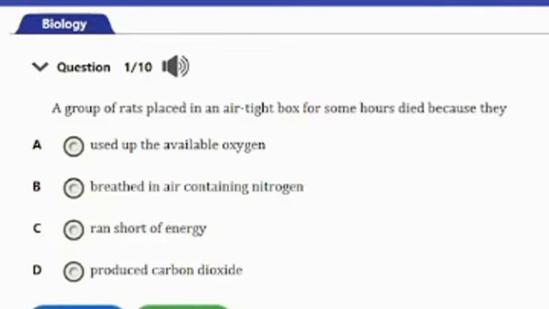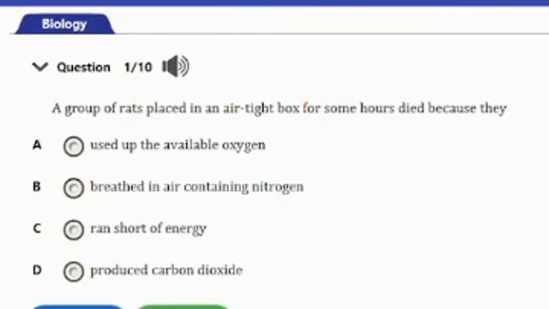It says, a group of rats placed in an airtight box for some hours died because they A. used up the available oxygen, B. breathed in air containing nitrogen, C. ran short of energy, D. produced carbon dioxide. So guys, the answer to this question is option A here, and that's used up the available